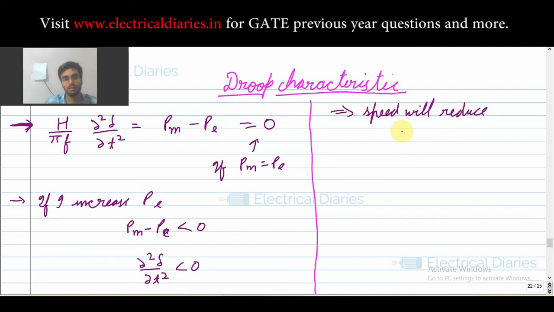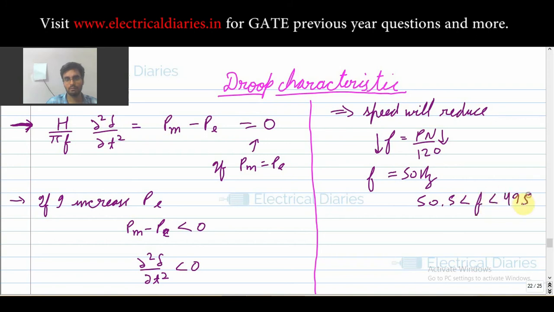Okay, so now if the speed of the rotor reduces, then your frequency will also vary. Okay, so that is the idea, that is F is equal to Pn by 120. So if your speed of the rotor is reduced, then the frequency of the EMF produced by the generator will also decrease. But we want our frequency to be 50 Hz. Okay, in India we want it to be 50 Hz, but the range in which we can have the frequency is 49.5 Hz to 50.5 Hz. Okay, so that is the range in which we want to maintain the frequency. So that is what we could infer from the swing equation.